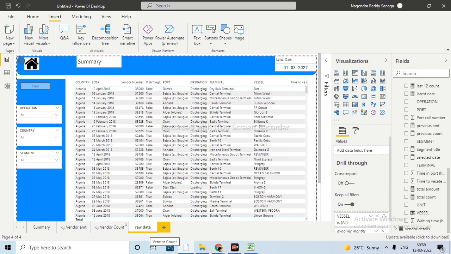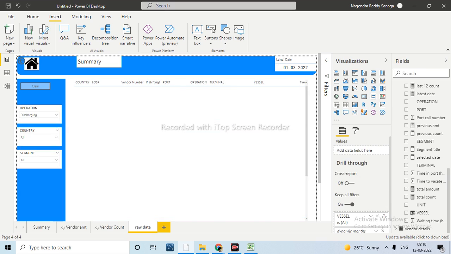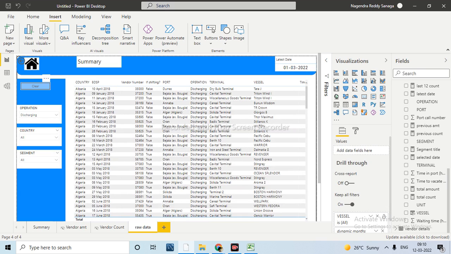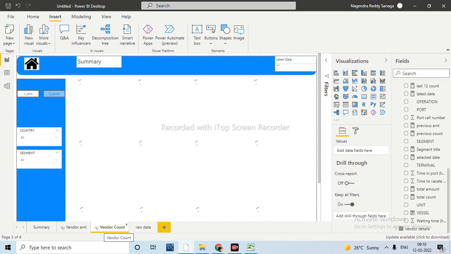Okay, now for example, if I come to this page and I have filtered any information, one second, for example, only discharging. Now if I want to clear that filter, you can directly click on this one, so that automatically it will show all. For example, if you navigated from another page, now I have taken the vendor name, wherever we have the vendor name in those visuals, from there you can completely navigate. If you create one more page also, you can do that.